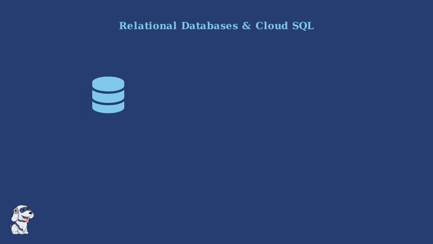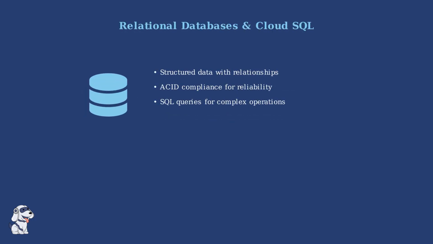Relational databases store structured data with defined relationships between tables. They provide ACID compliance for data reliability and support complex SQL queries. Cloud SQL is Google's managed service for MySQL, PostgreSQL, and SQL Server databases. Cloud SQL handles database administration tasks like backups, patches, and high availability, allowing you to focus on your application logic